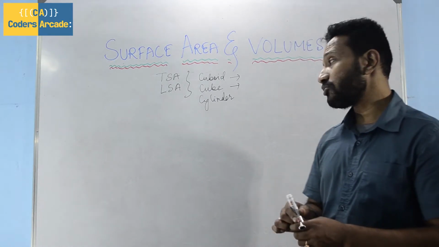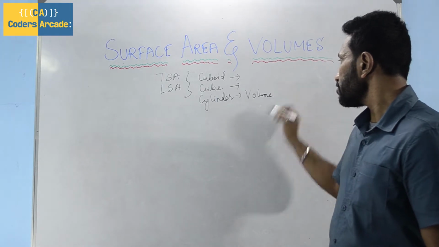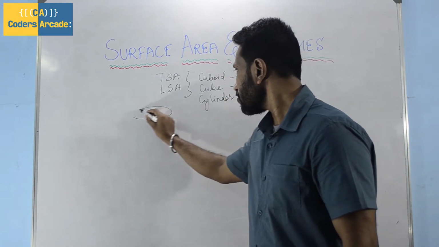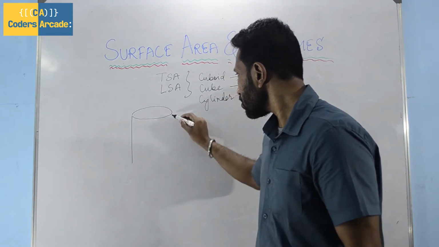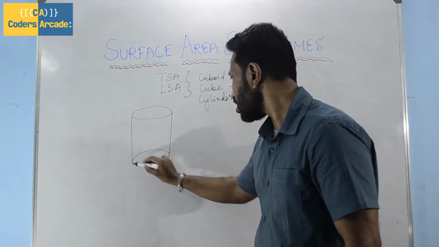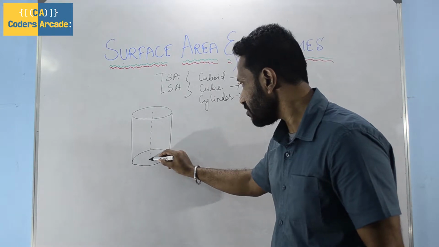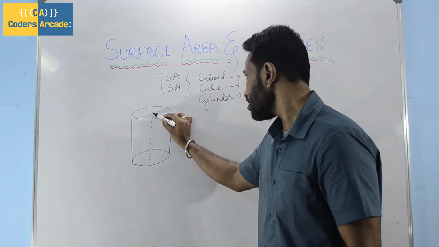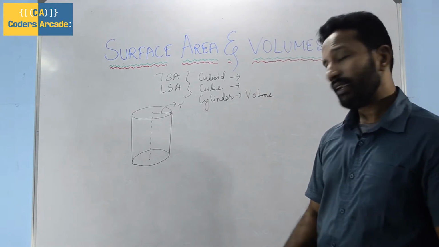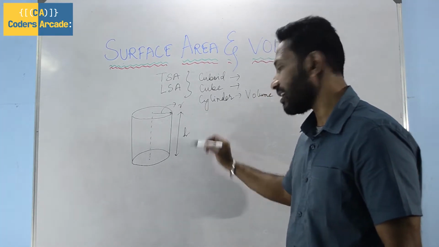As I said, today I will be showing you how to derive the formula for the volume of a cylinder. So let me draw a simple cylinder. Just think this is a 3D diagram of a cylinder, okay? So let me draw the middle axis. Now here I will take the radius. Let the radius by default be r. And this is the height, so let it be h.